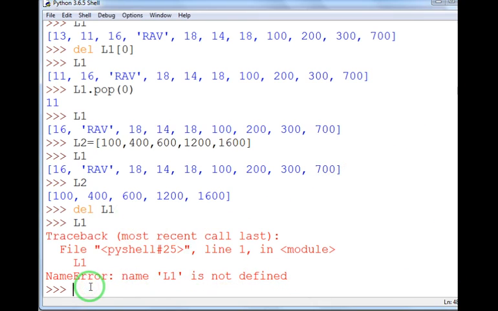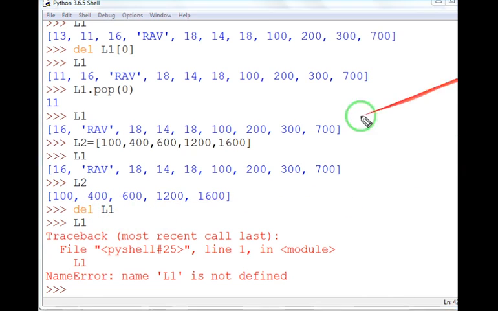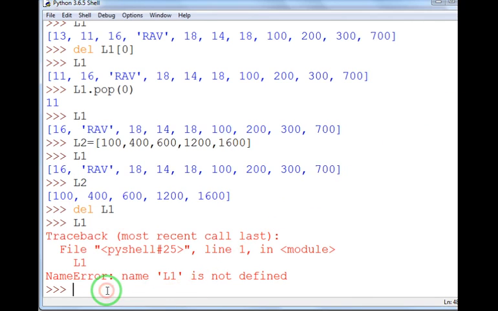But suppose you want to clear only the list values. You don't want to delete the list. With del I can delete the list too, but I don't want to delete the list, I just want to clear the values. I don't want the values, I want to make it blank. So for that we will use the clear method. The clear method removes all the items from the list and the list becomes an empty list.